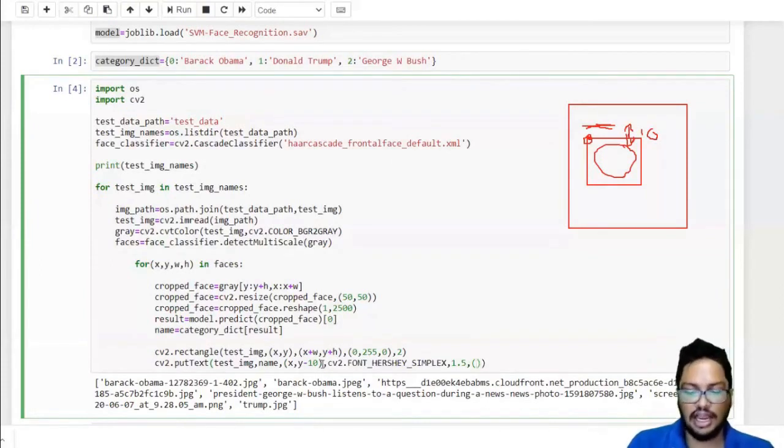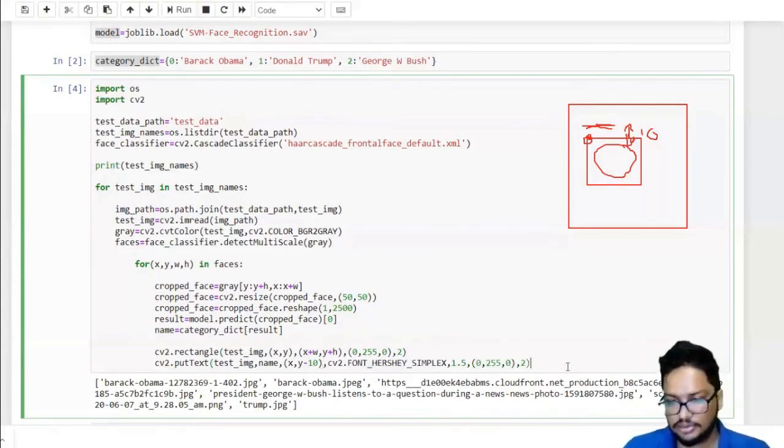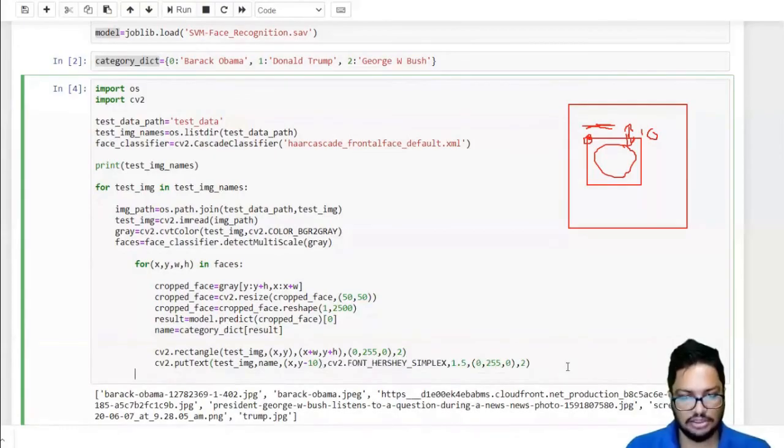Then the color of the font, and then the font thickness. So that's pretty much everything, and we have to then show the image. So I'm showing the test image here,